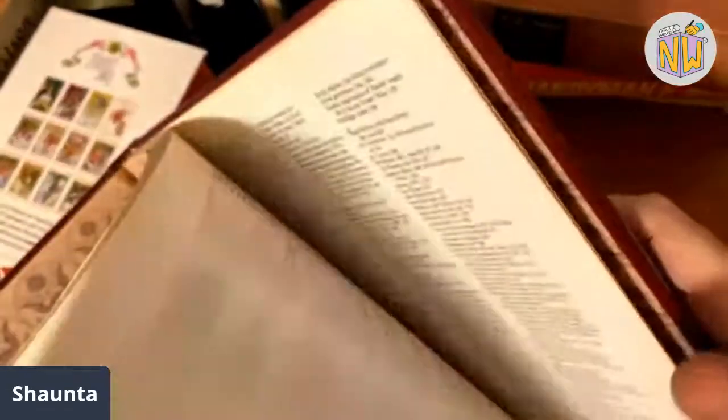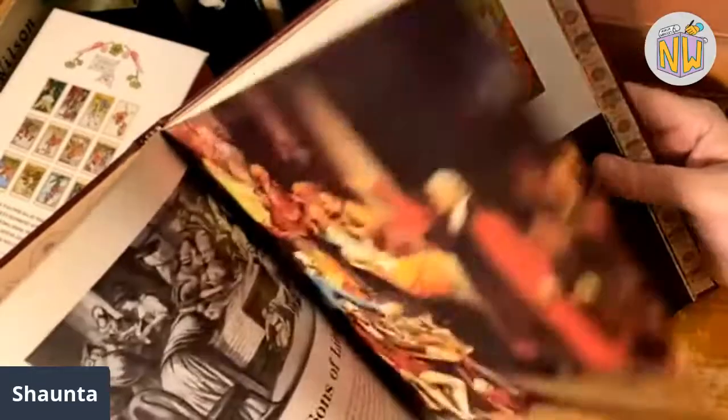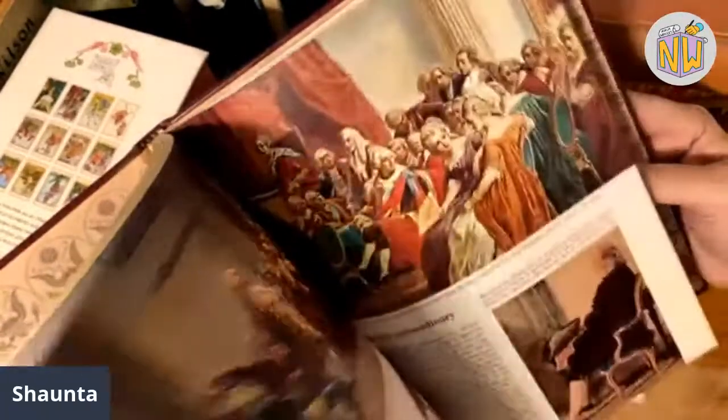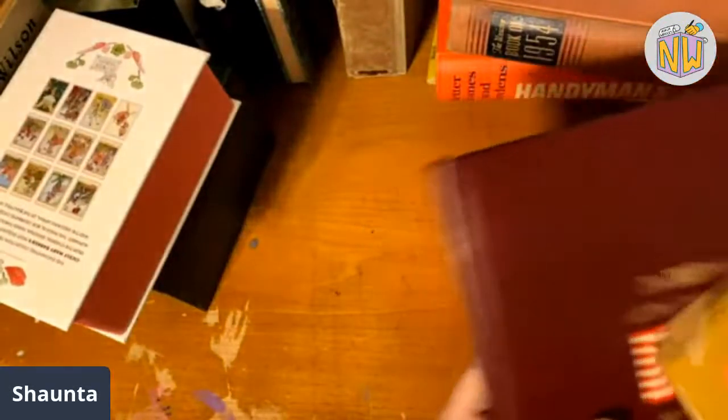I don't know what I would do with, it's just not my aesthetic. That's what my Zoomer would say. She would call it my aesthetic. But it's worth flipping through for $1 for a good cause. So those are the books that I got from